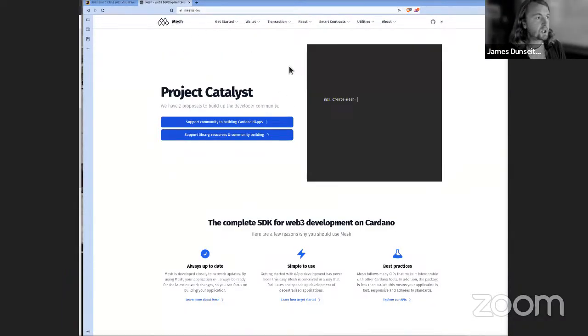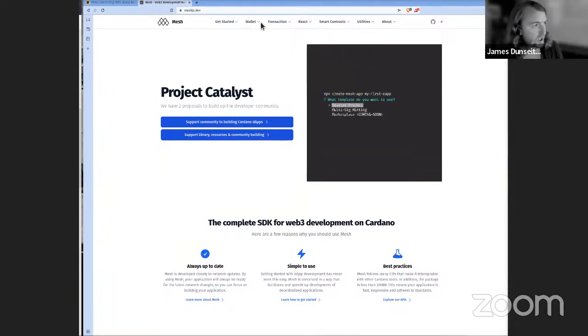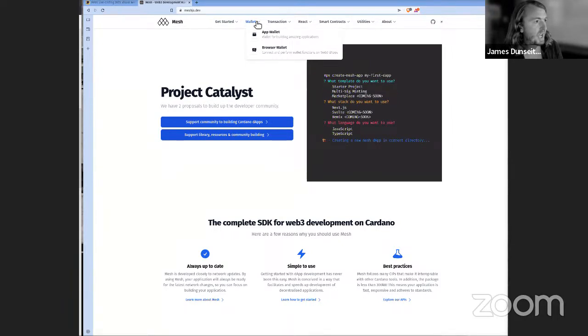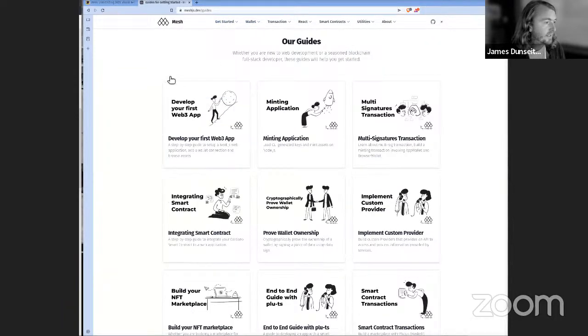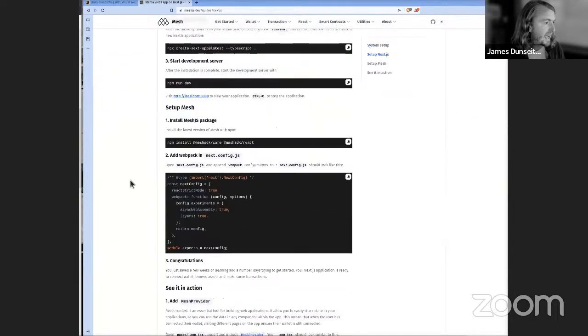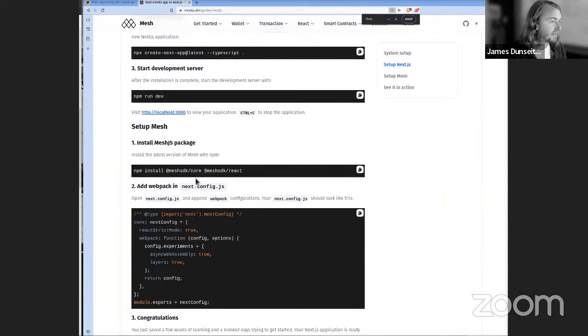So mesh has, I'll say this again if he's able to show up, but for everybody's knowledge, mesh has a core module. So if I get started and maybe I want to develop my first app, you can see that it has me installing two different packages right here.